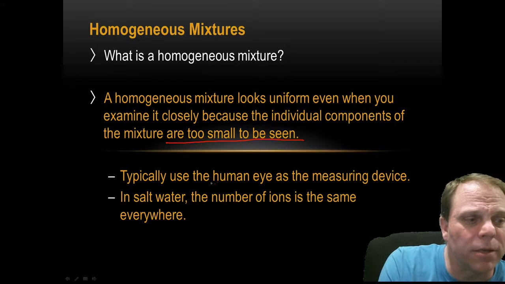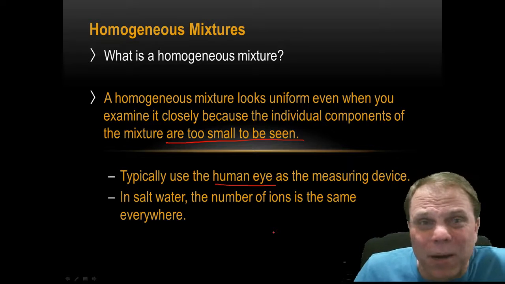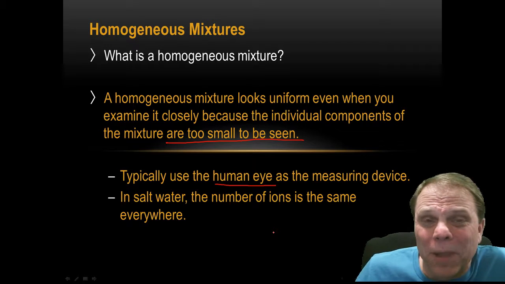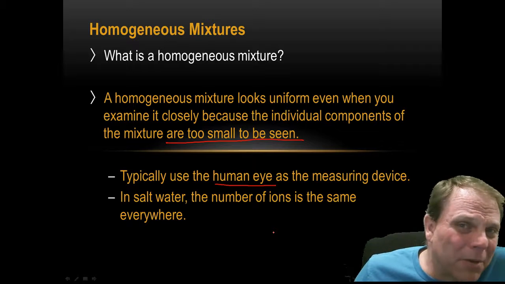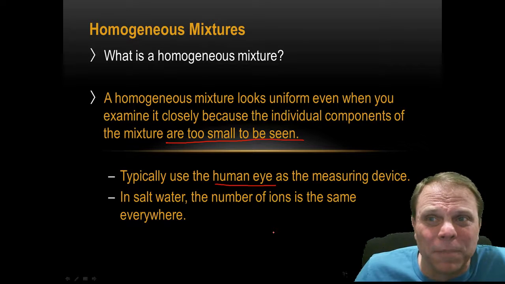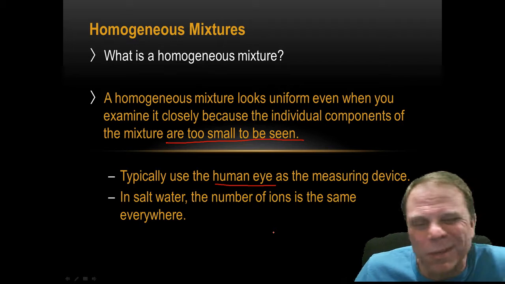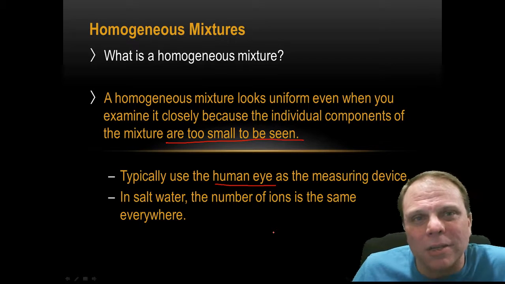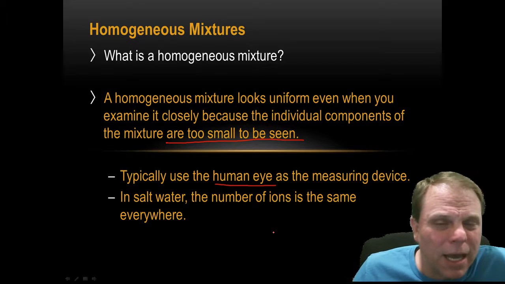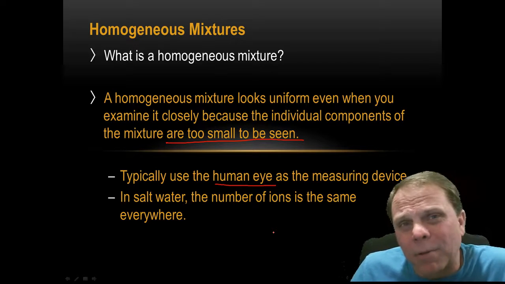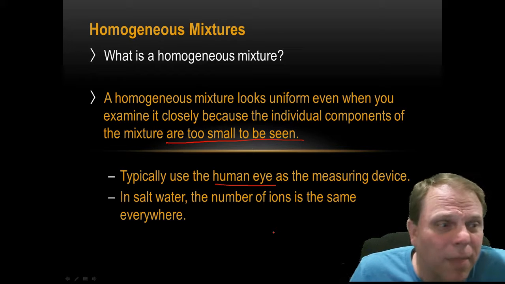Now, typically, we're going to use the human eye as the measuring device. Why? Because microscopes have gotten better and better and better. We have microscopes that can see down to the atomic level now. So if we use a microscope as a measuring tool, then what microscope magnification are we using? So I like to use the definition of our naked eye as our measuring tool. Now, the book might actually talk about using a microscope, but I would rather you think about the human eye as what you're using to measure that